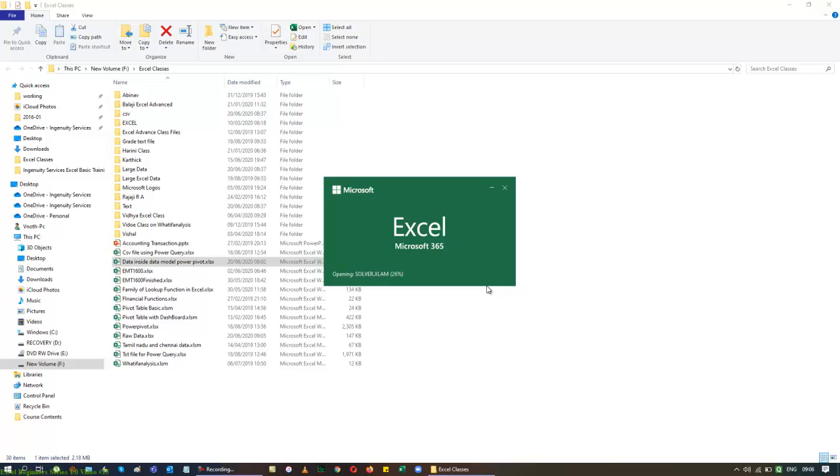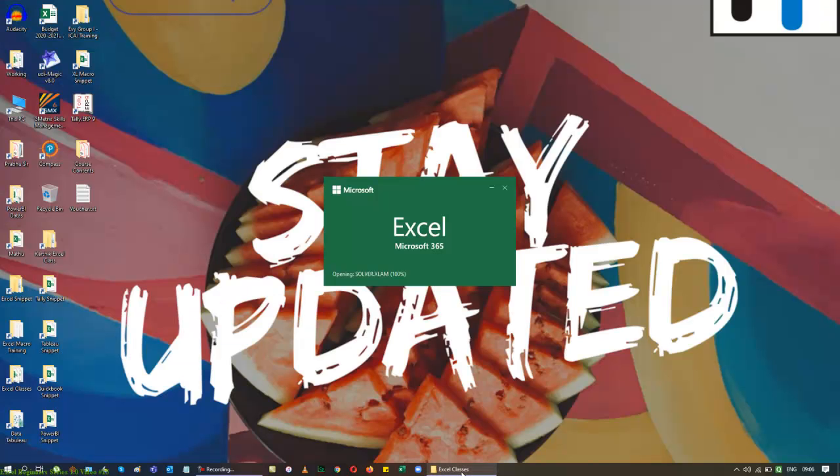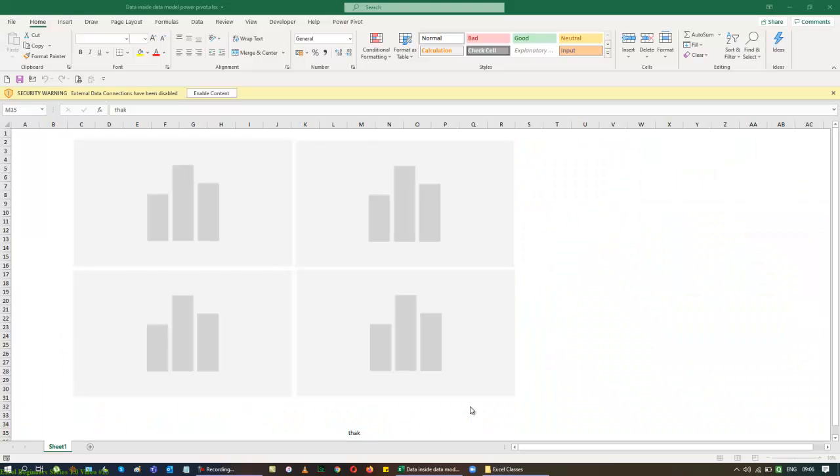Again, it's a tabled data that I have here. It's going to be a bigger data. So in this data, I will try to add grid lines here.